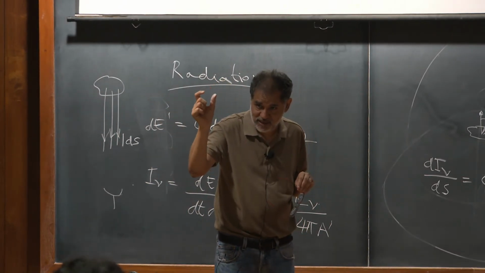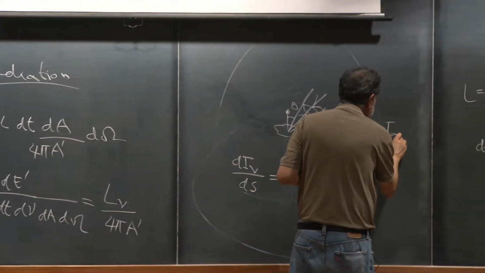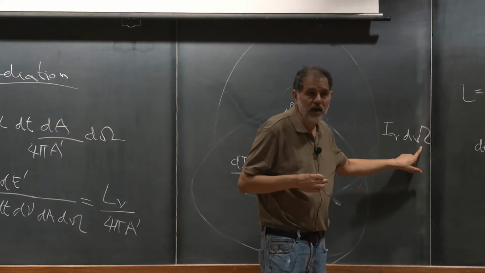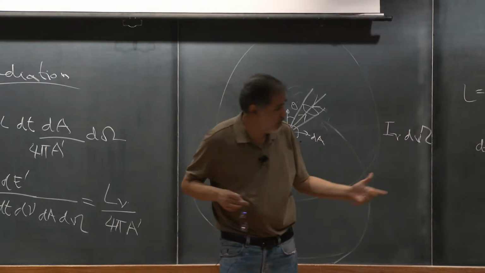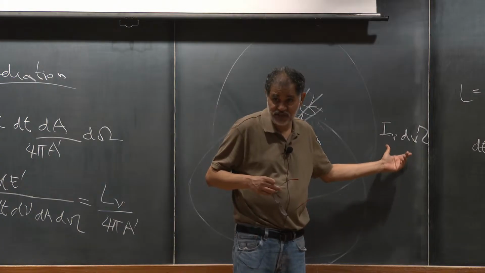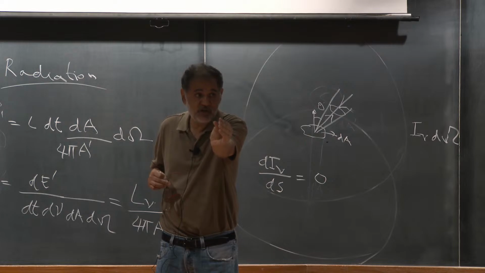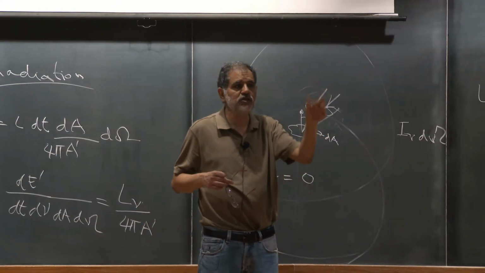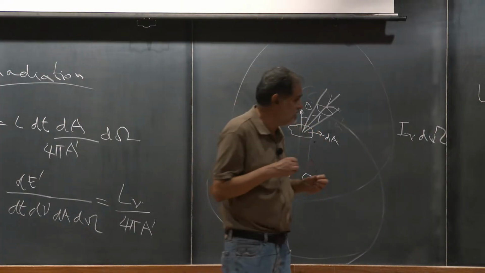Why I gave you this example is that when you look at the sun, energy intercepted is proportional to I nu delta omega, where delta omega is the angle subtended by the sun at your eye, which is a few arc minutes. That's a fantastic amount of energy. But when you look at a star, the star is not resolved. This is not the correct answer for a star, because starlight is not coming from all the solid angles into your eye. In fact, what you are intercepting is this,